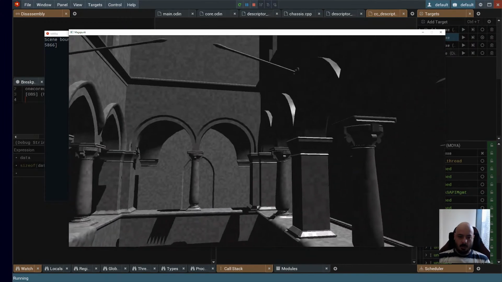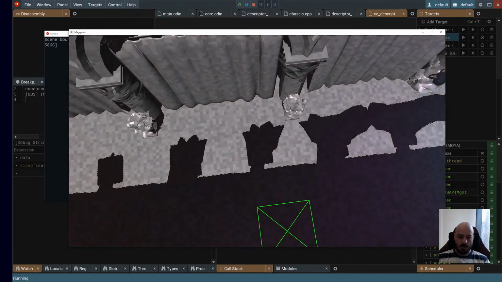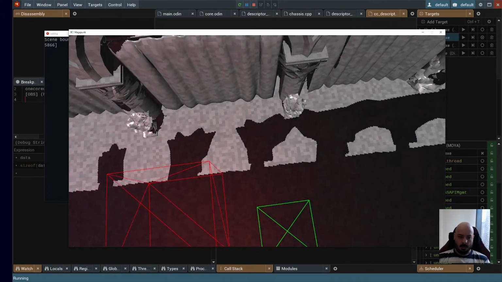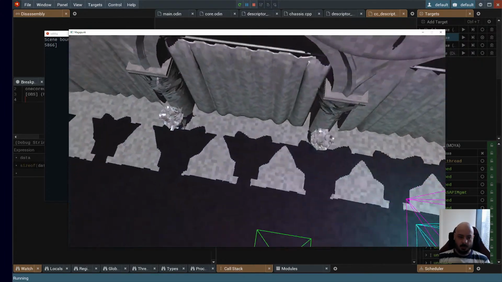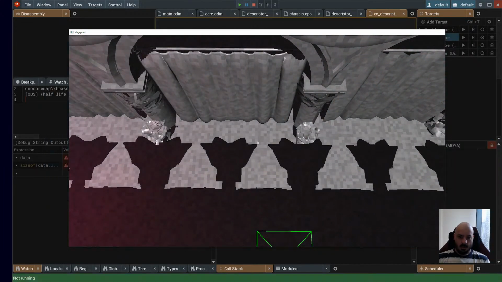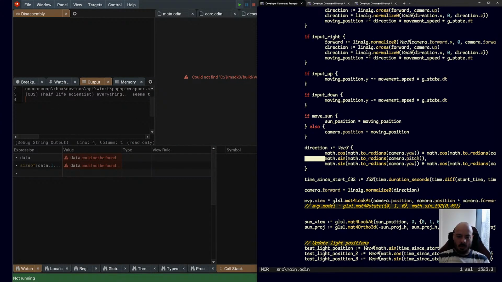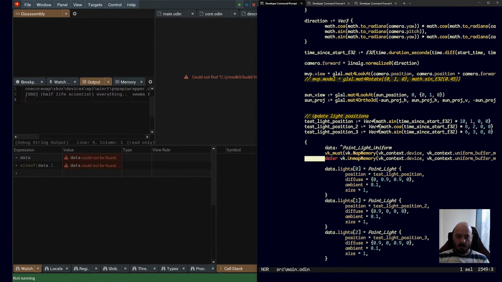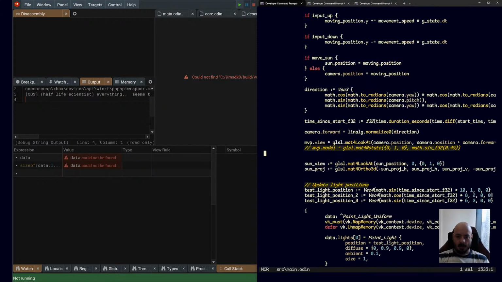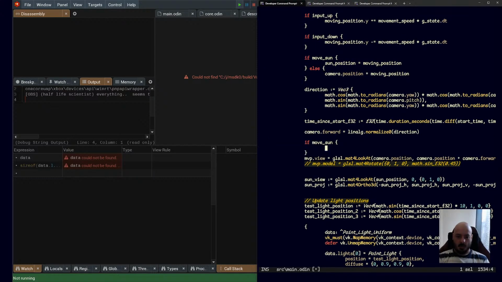But I should have also made it so that I am looking from the sun's position. But anyway, it's kind of cool. Yeah, so let me do that. And in fact, I can make it orthographic projection as well, because we can set that here. So I can say if move sun, else